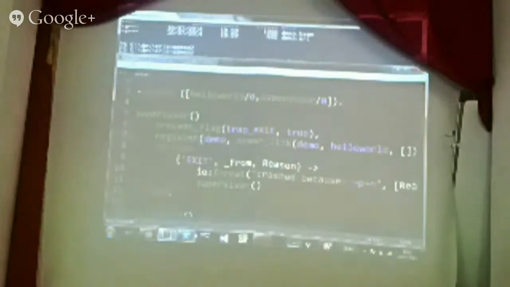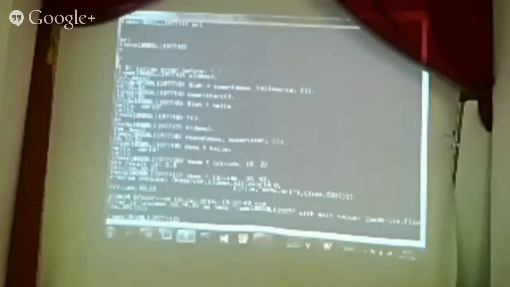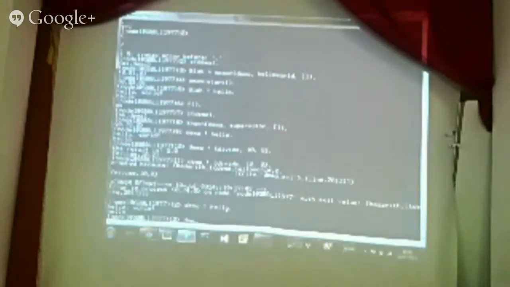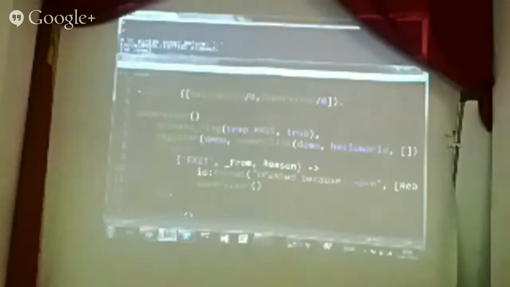So we'll go back and look at this code a little bit now. So no, actually, we'll try another thing. We'll say demo divide 10,0. This looks dangerous, right? So when I do that, the supervisor picks up the fact that the process crashed, and it tells me the reason, because I also get a little bit of logging from the shell. But my system is still alive. It can still do stuff, and we'll talk a little bit about what happened there. So everything still works.